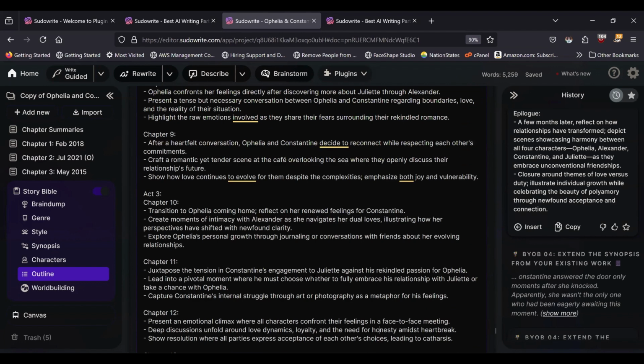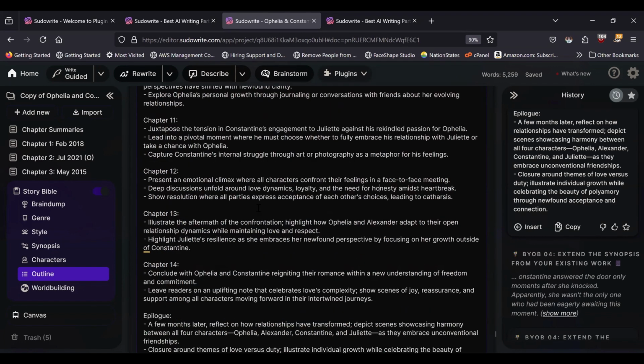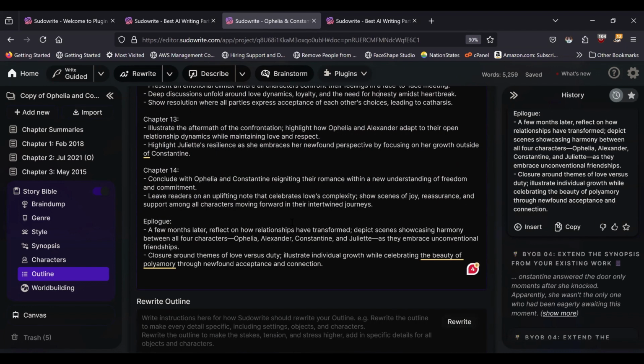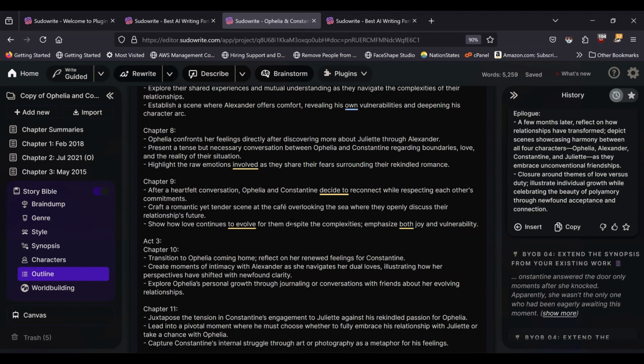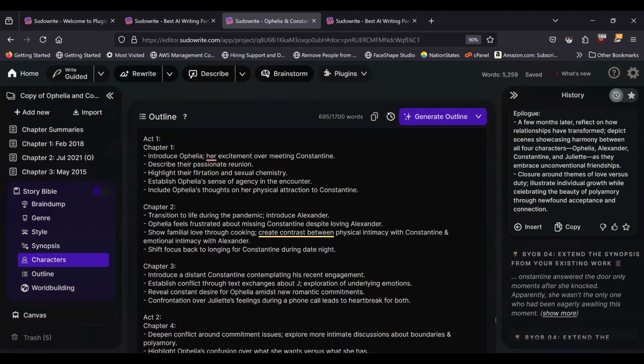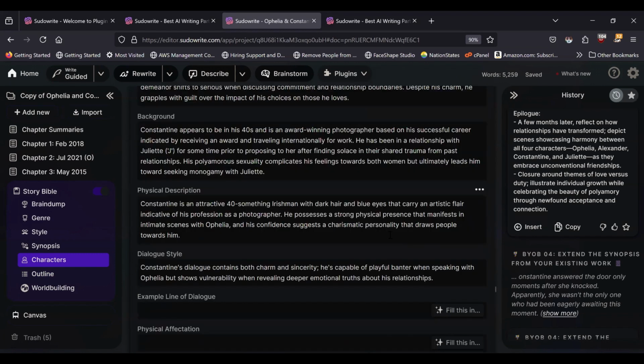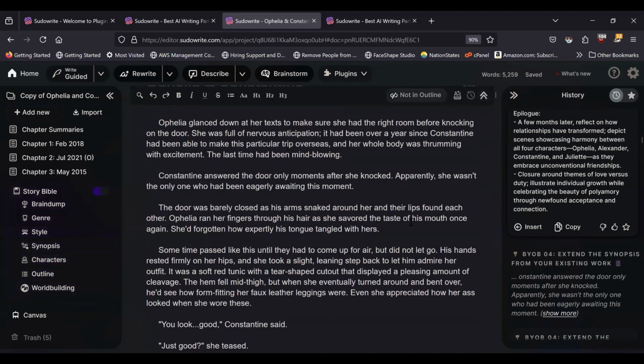And you probably would want to edit what you got from the outline here, which could be a lot easier to do if you more thoroughly edited your expanded synopsis from step 4. Because if the synopsis is more detailed, your outline will be more detailed. That's why this is a step-by-step process, because each one builds on the next, and then you're ready to go, however you like to write using Sudowrite,